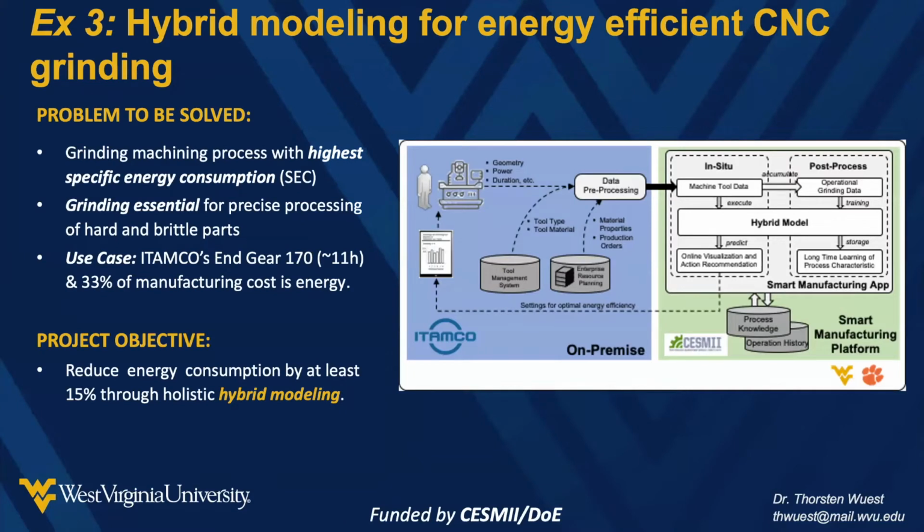This project, I think Raul will recognize that, and Shub as well, because that's a collaborative project with Raul's group and West Virginia and a company in Etamco, where we propose to work on a grinding process of large end gears. And use a hybrid approach, basically combine physics-based modeling and machine learning to optimize the energy efficiency of that process. These are 1 meter diameter gears that use like 11 hours to be produced, and they use a lot